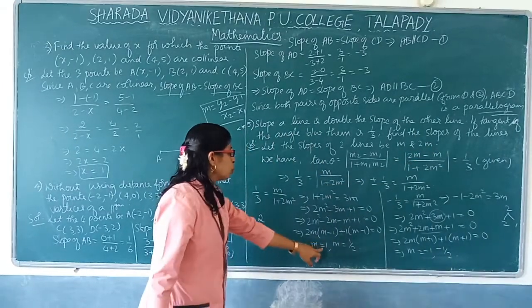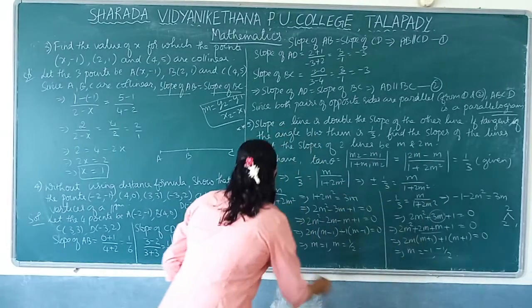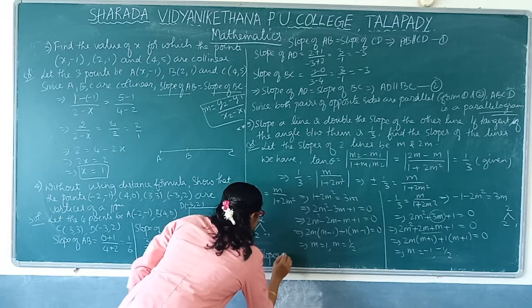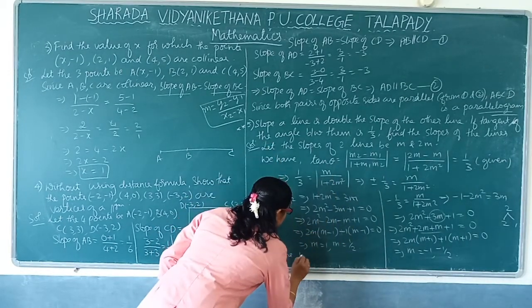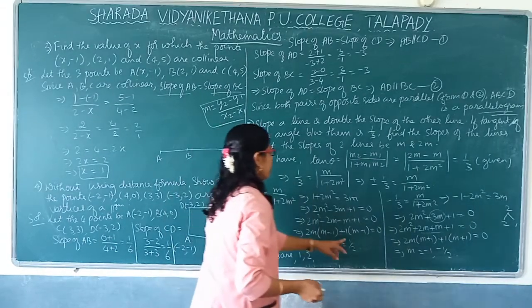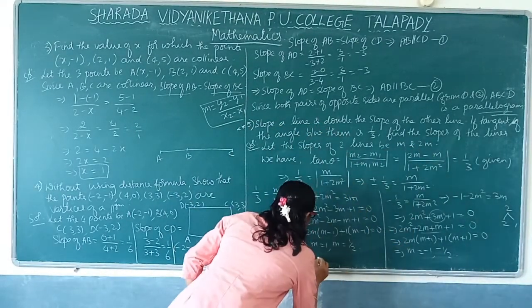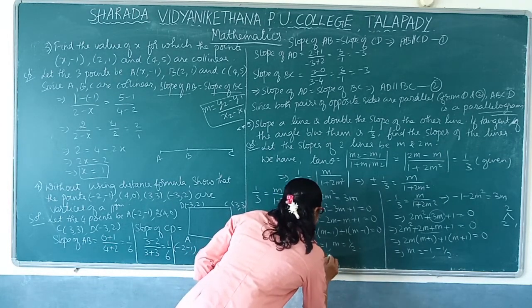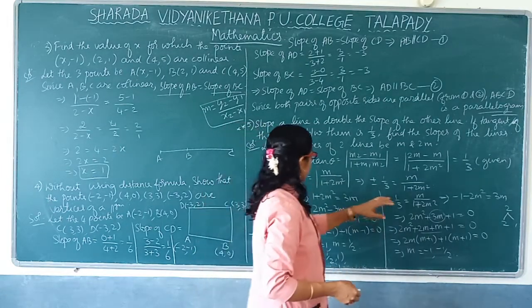When m is equal to 1, what are the slopes? 1 and 2. So how many slopes will you get? Just imagine. If m is 1, what are the slopes? 1, 2. Okay. When m is half, put half here, half and 1, isn't it? Then this is one set of slopes. The second set is when m is half, 2m is 1. That is one set of slopes.